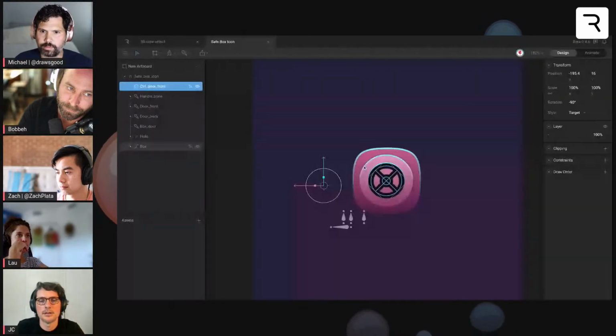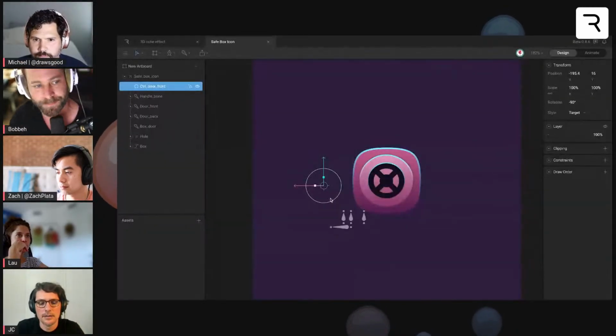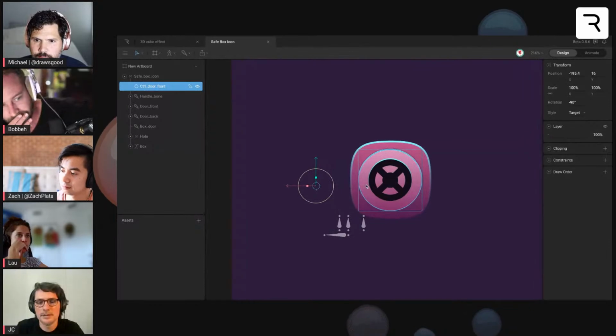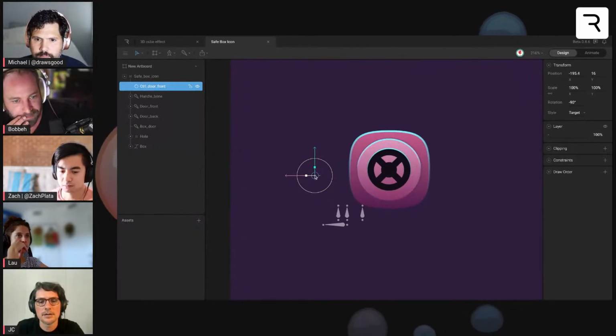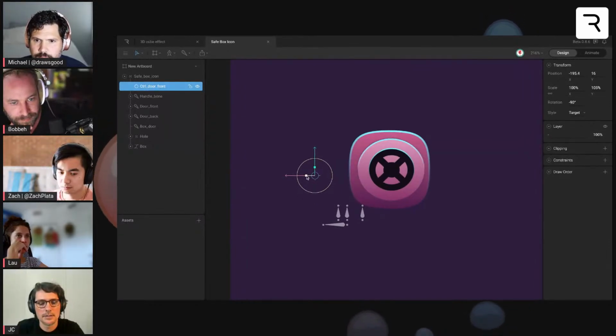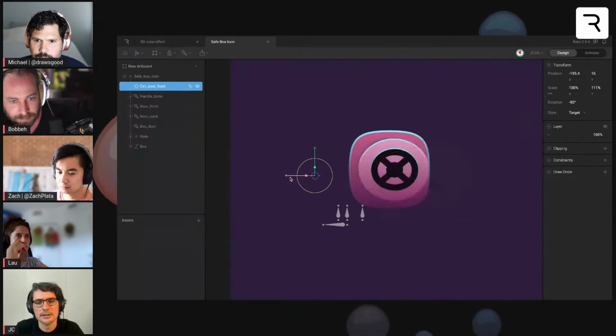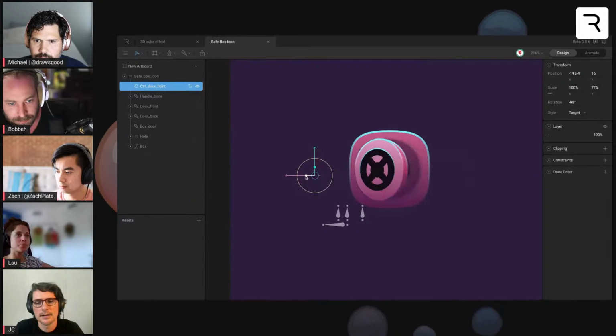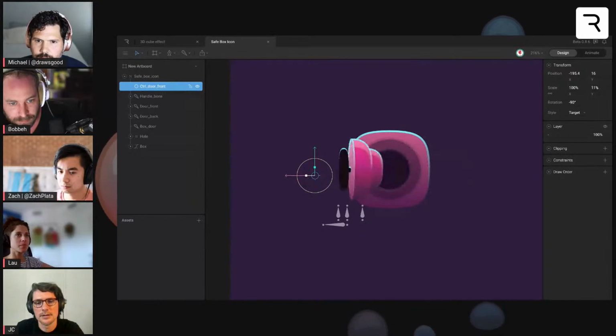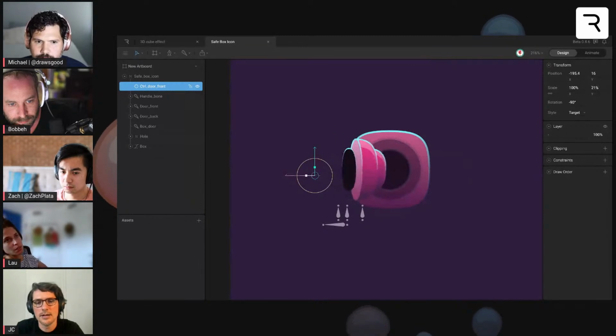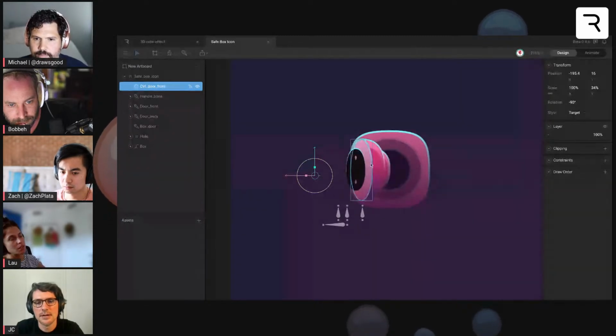This is the safe box. Oh yeah, this one's cool too. And this is the same idea. Using this control, if I move in the wrong way, this is not what I want. It's this. It can open the box with this. And it's not 3D, it's only how the shapes, the forms